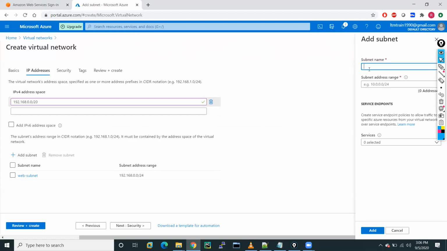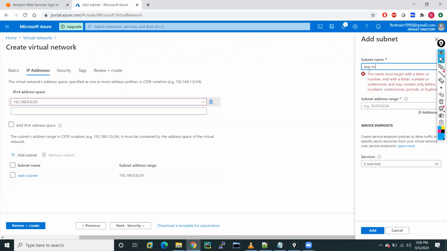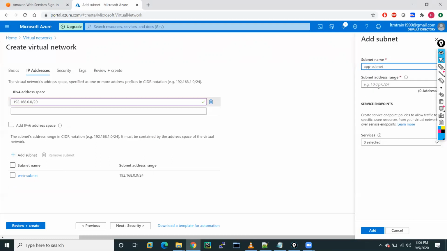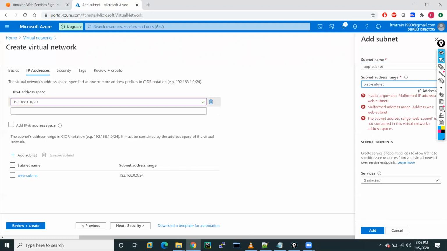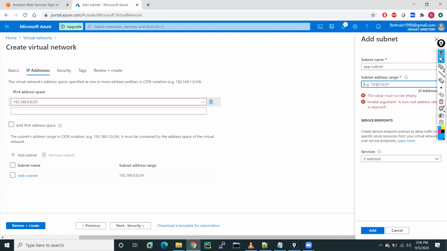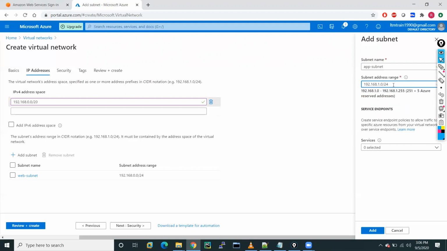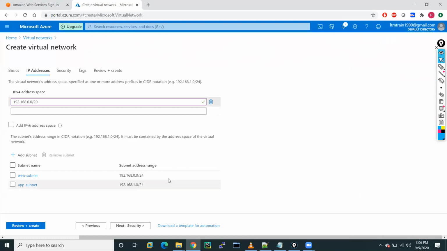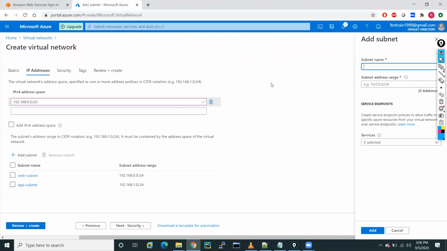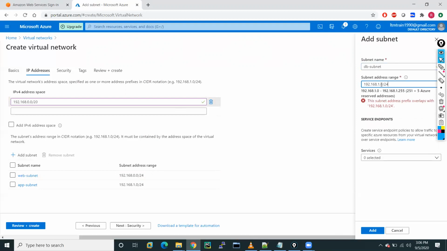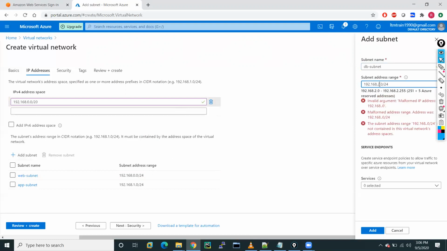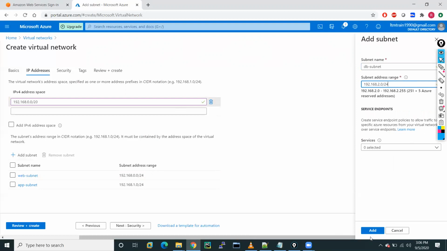Click here, give app subnet. We will give the range 192.168.1.0/24. Let me copy this range, so I will use the copy-paste functionality. Now DB subnet. I will give 192.168.2.0/24.